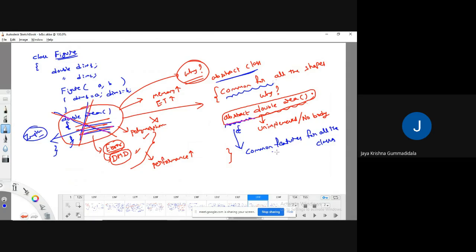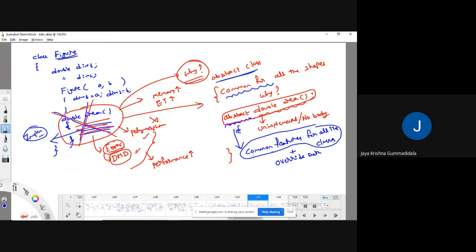In addition to this, I will add one thing. For common features for all classes, in addition to that, the programmer or class has to override its own data. Then I'll go for defining it as abstract. See, if I made it static, there is some different meaning.